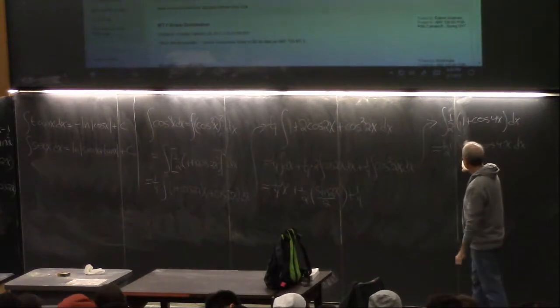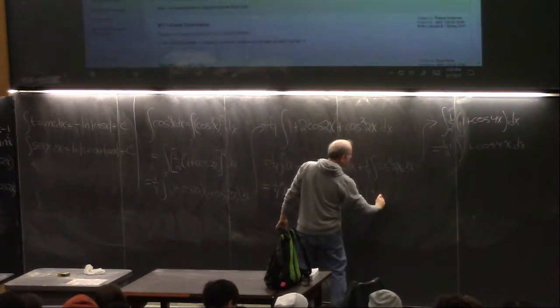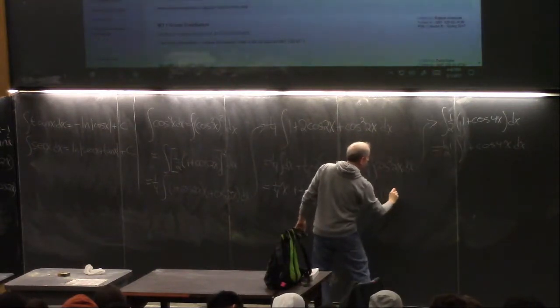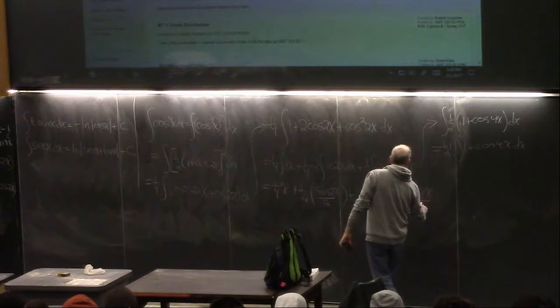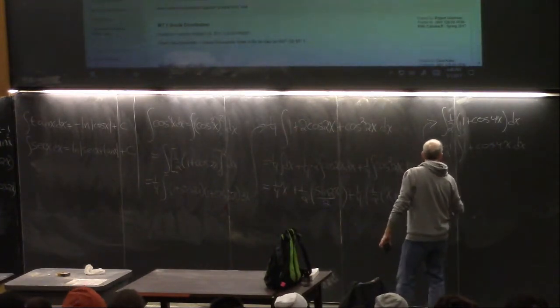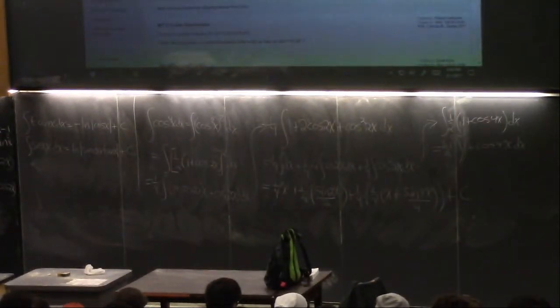And we know what that integral is. This is going to be times 1/2 of, integral of 1 is x, integral of cosine 4x is sine 4x over 4, plus c. And then you can distribute the quarter, and there's some simplifying you can do and all that stuff, but that I'm not concerned about.